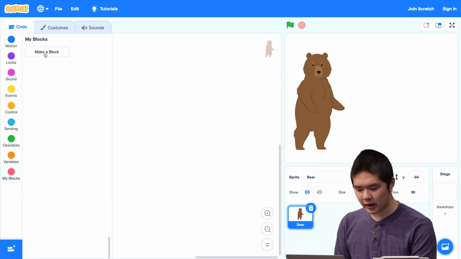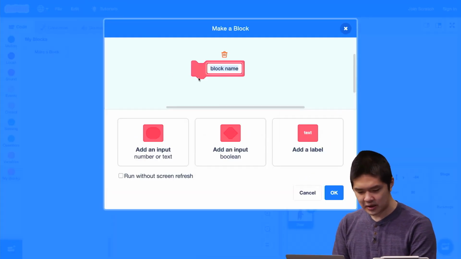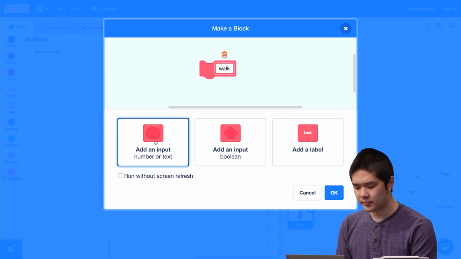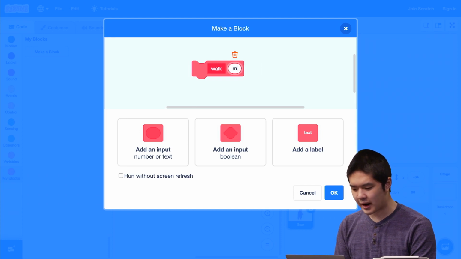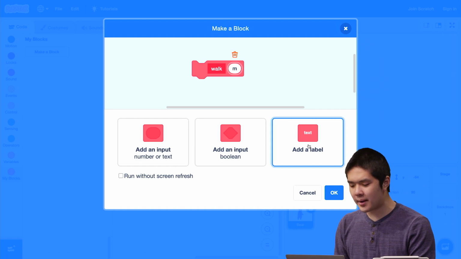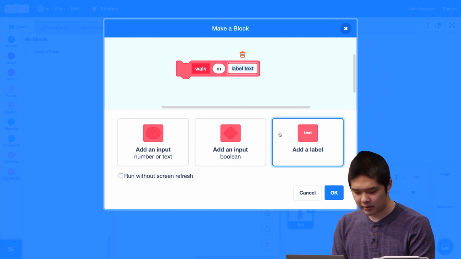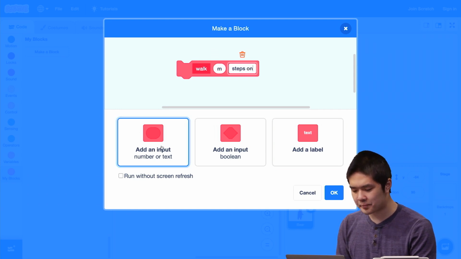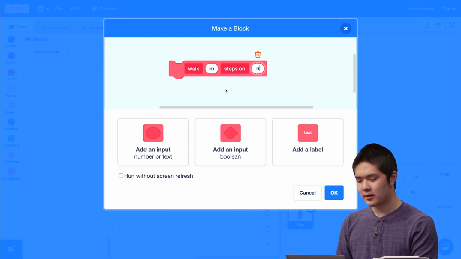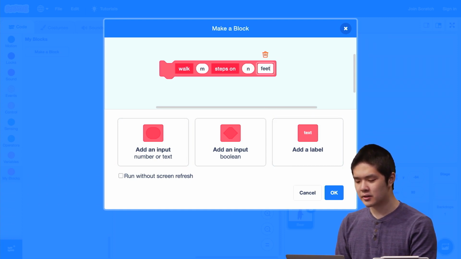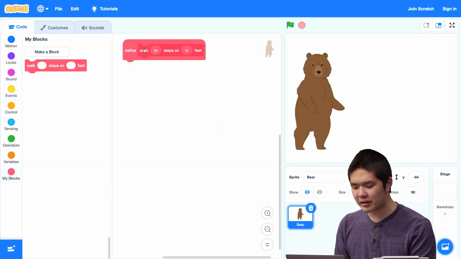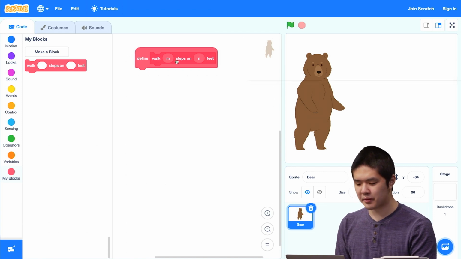But now let me make a new block. And here's what we'll call this block. The block will be walk. Then I'll add an input, which will be a number. And I'm going to call it m for now. So you can call this whatever you want. This is just a name of an input. And it's going to be walk m, and then I'll add some text, steps, and then I'm going to say on, and then I'm going to add a second input that I'll call n, and then I'll add some text, feet. So I added 2 inputs and 2 additional labels, but this block is now called walk m steps on